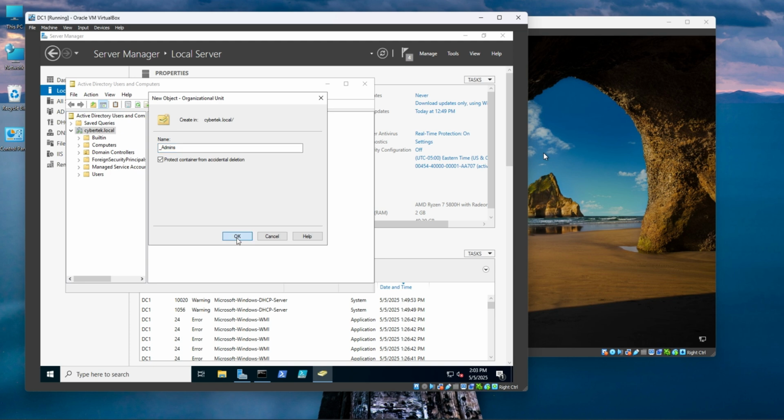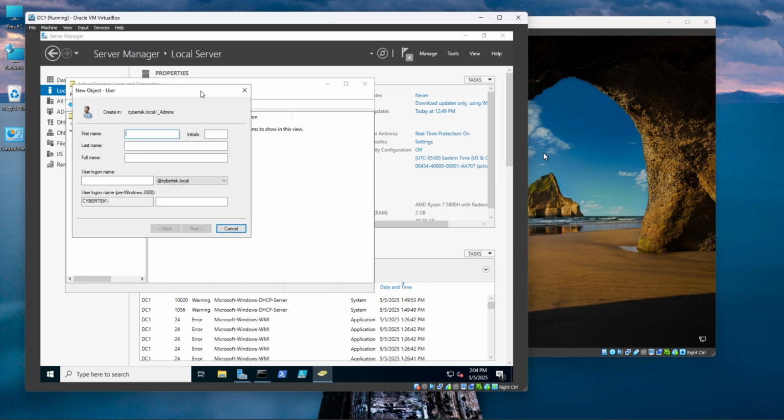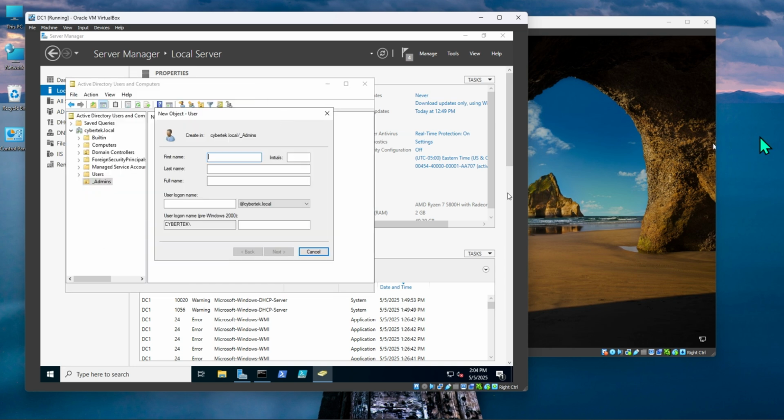You can add people within. So click OK. Right now we have an organizational unit under admins. So under admins now, I'm going to right click here on the right side, or you can just, within here, these are the icons, right? Create a new group or create a new user. I'm going to create a user under, I'm going to name it,